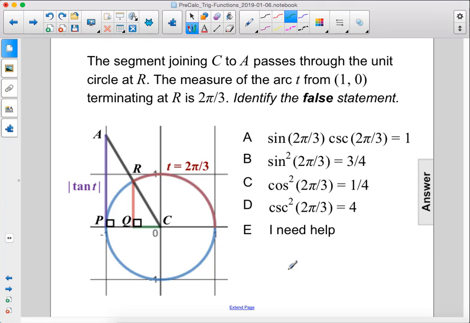The segment joining C to A passes through the unit circle at R. The measure of the arc T from 1, 0 terminating at R is 2 pi over 3. Identify the false statement. All right, so the first thing I always do is find the corresponding point in the